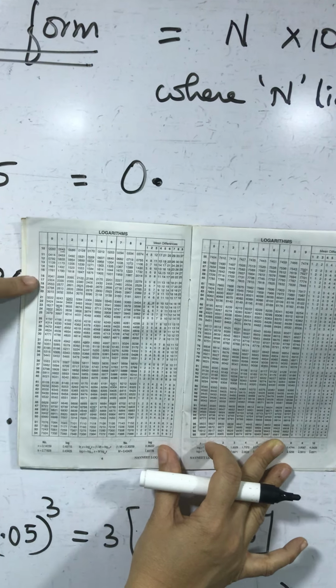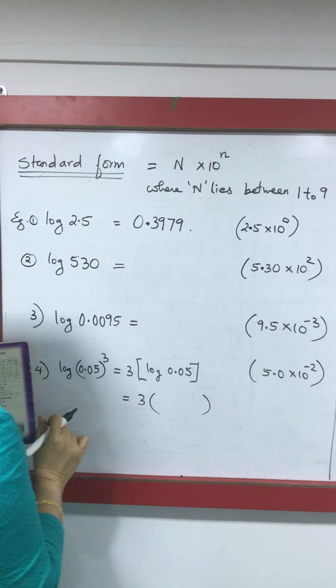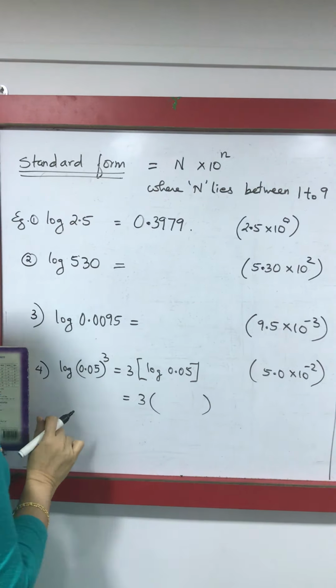Let us take another example. This is to find the log of 530. Now this value of 530 has to be written in standard form, where there will be a decimal point between 5 and 3, because we have said that N lies between 1 and 9. If I write the decimal point between 5 and 3, then I have to write it as 10 raised to 2. When I multiply 100 and this number, the value becomes 530, whose log I have to find. The characteristic is equal to the power of 10.